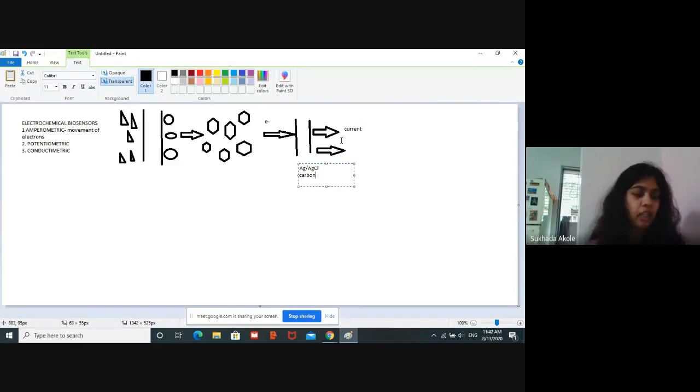Now, this blood glucose biosensor is a second generation amperometric biosensor. What is the difference between a first generation amperometric biosensor and a second generation? In second generation we have a mediator. In this case we have ferrocene, so that this reaction will occur quickly and stably, and the amount of current generated could be relied upon.